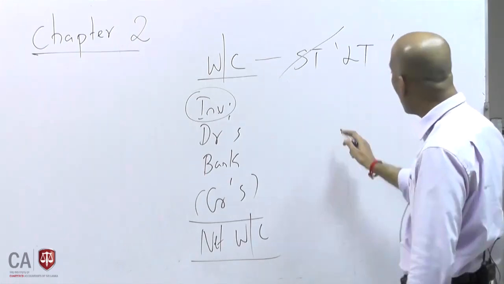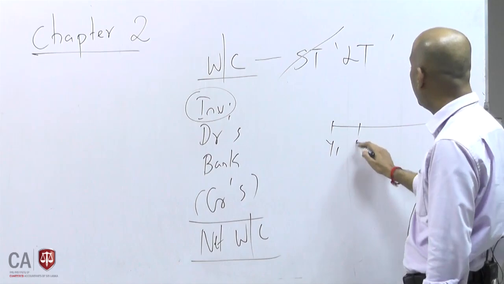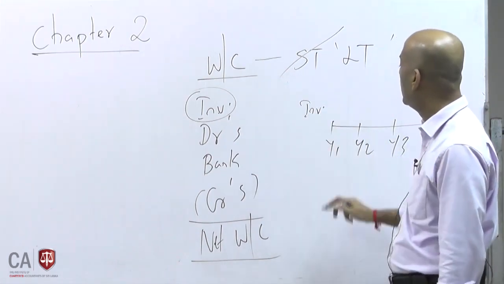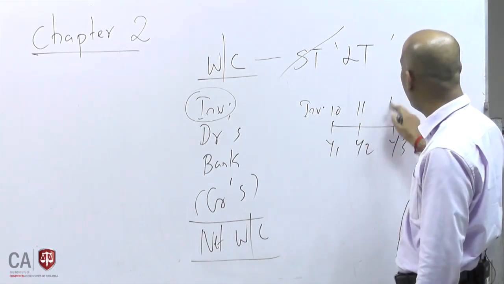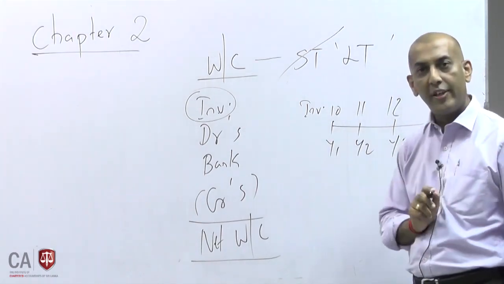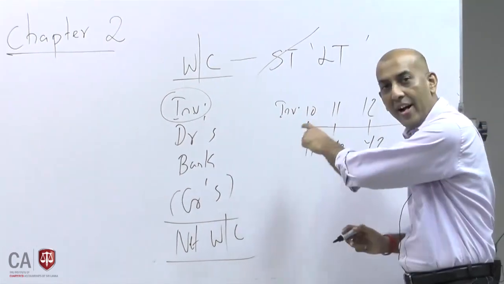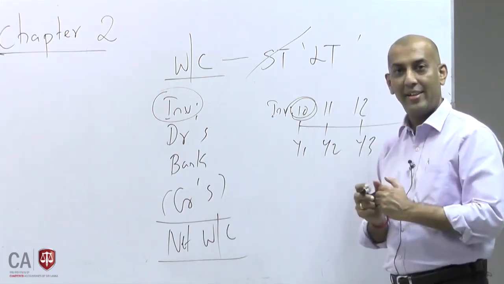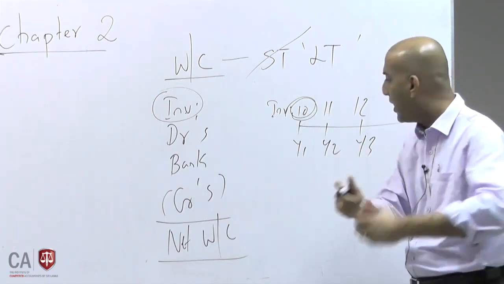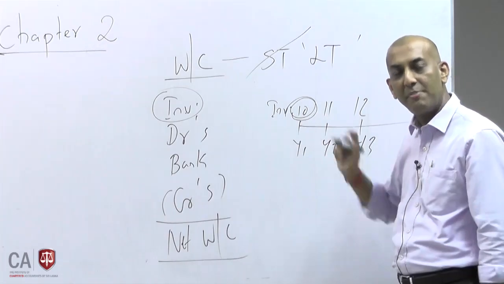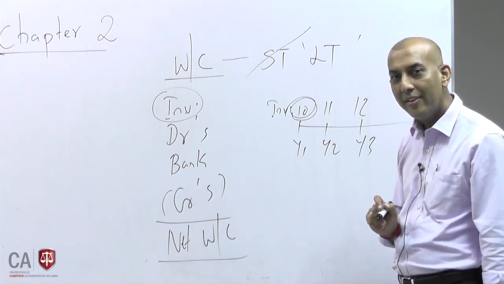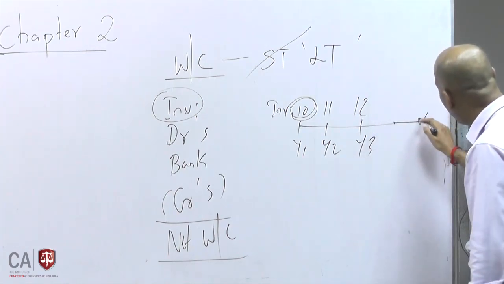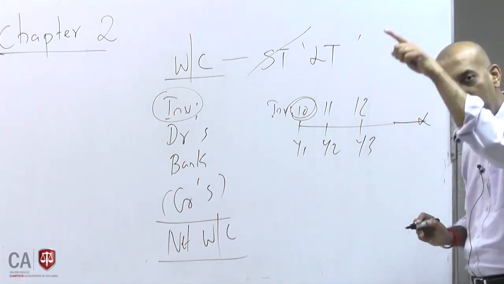So if you take the year on year basis, year 1, year 2, year 3, what happens to your inventory? 10 million inventory, 11 million inventory, 12 million inventory, like that it goes. Which means the money you have invested in inventory in year 1, when are you going to take this money back as an investor? I take the investor money and invest in inventory. When do I take this money back? Within 1 month? 2 months? No. Till you run the company for infinite, that point.